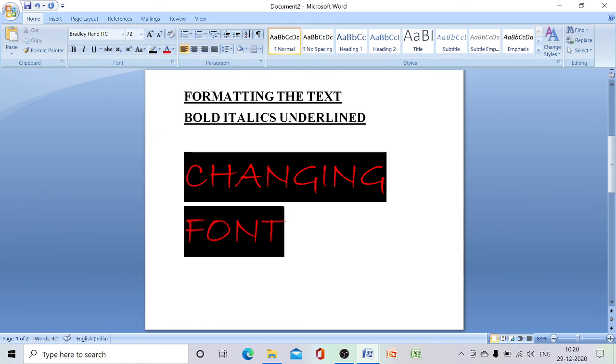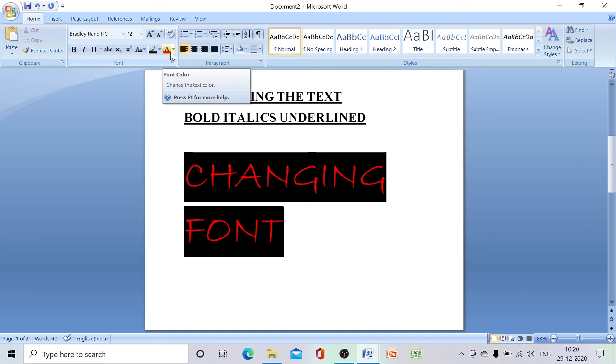So it has highlighted. Clear? So this is also one of the most important things. Font size, font color, font and highlighting, everything is very important when we create a document.